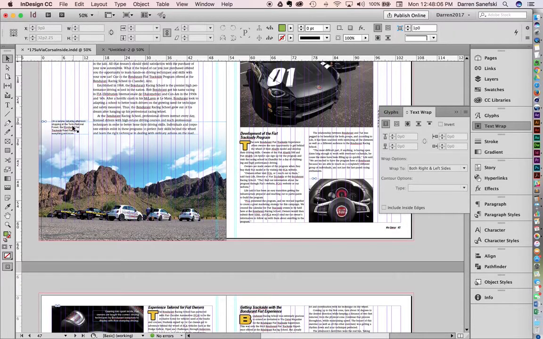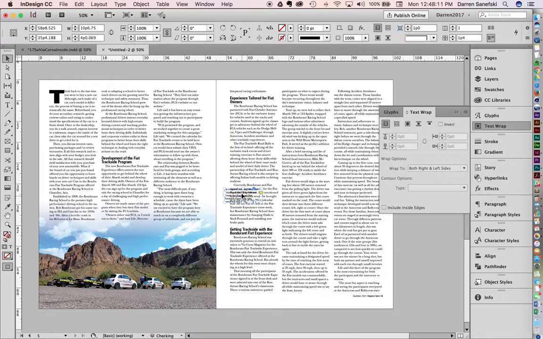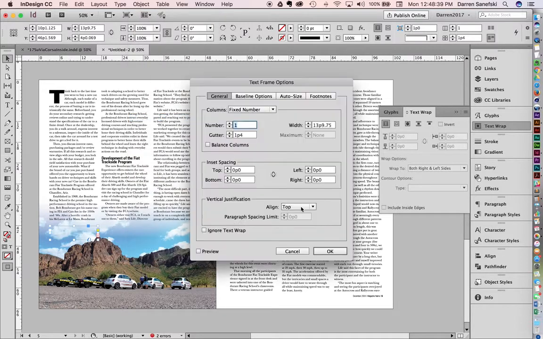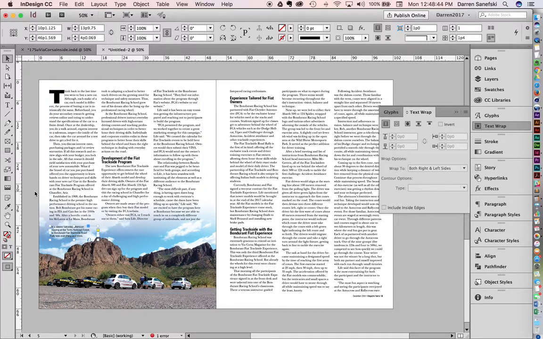So right here we have our caption information. Bring that over into this design and paste it. And so where would that caption information go in this particular scenario? Well, I guess it could go right here, about the same width as the 3 columns, but notice that it's being hidden because there's a text wrap. So how do you fix that? So what we can do is we can go to select the type, then Object, Text Frame Options, and ignore text wrap. Click OK. And so now we have that